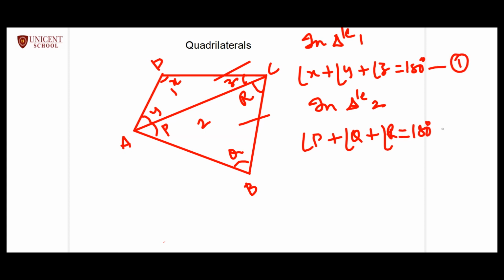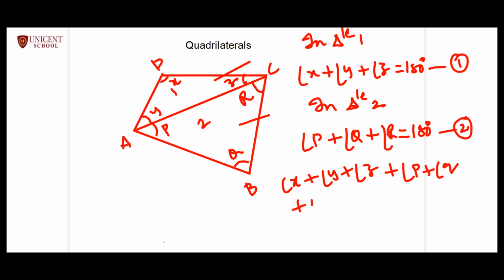If I combine these two equations, I get angle X plus angle Y plus angle Z plus angle P plus angle Q plus angle R is equal to 180 plus 180, we get 360 degrees. Now, angle Y plus P makes one angle of a quadrilateral. So this plus this makes one angle, and angle Z plus R, this and this makes one angle. So let us name it as